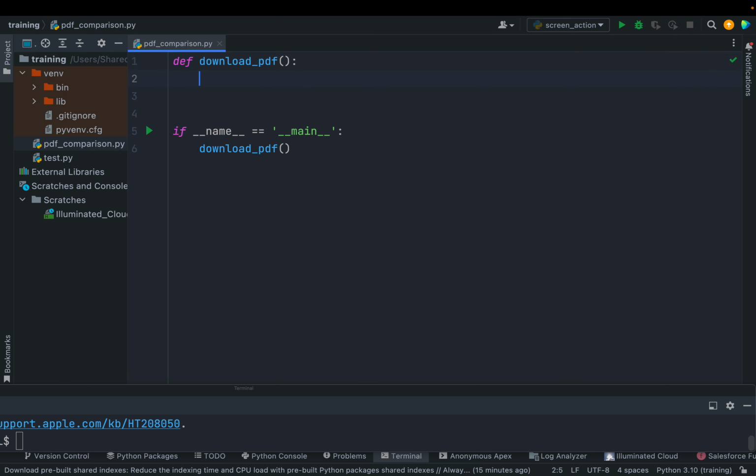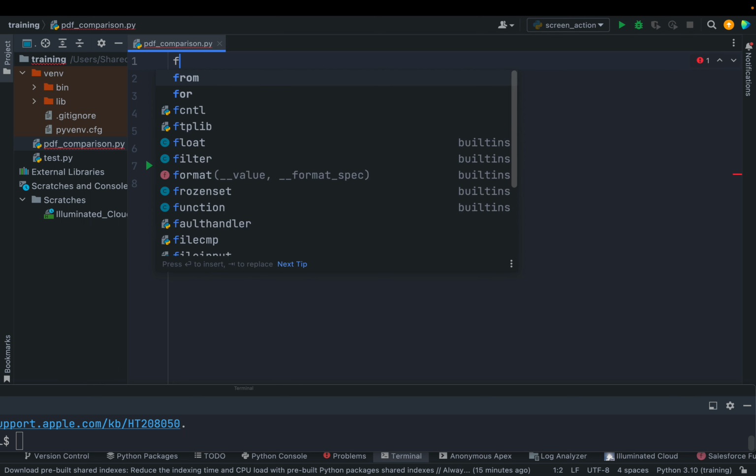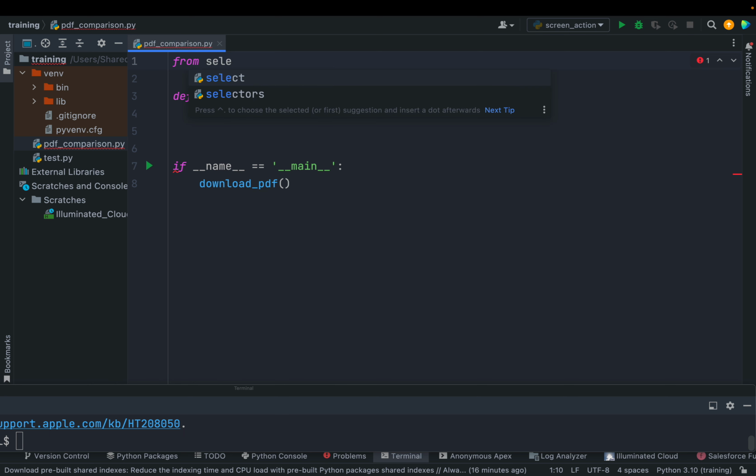Okay, like I said earlier, we'll be using Chrome. We'll be using Selenium to download the PDF file from any website or any web page. So for that, first we have to import some library from Selenium. So first we'll be installing Selenium in our project. So to use Selenium, I'll say from selenium, as I haven't installed this Selenium library,